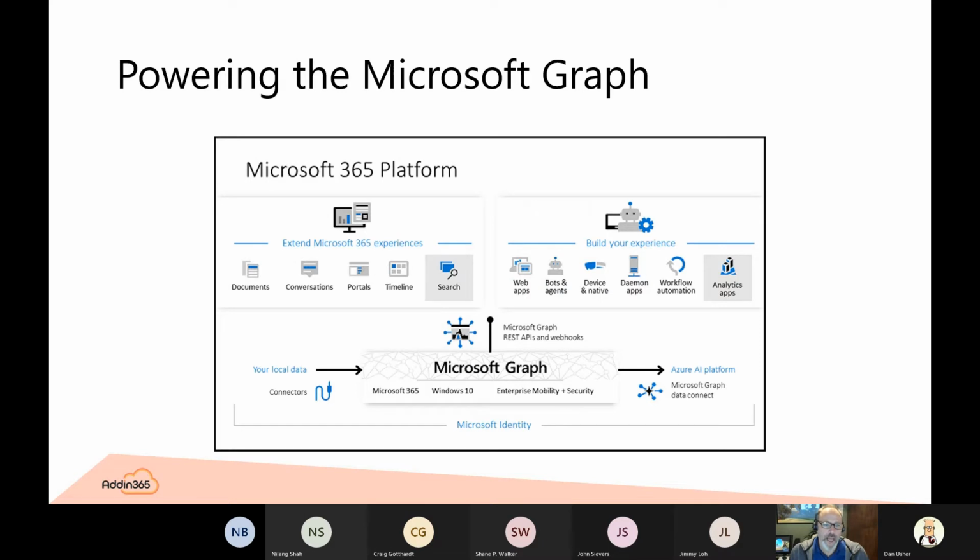This slide kind of sums up very well what we're trying to accomplish in what we call the Microsoft 365 platform. We'll step through this a little bit. At the very bottom, everything is built upon the Microsoft Identity platform, and we're going to talk more about that now. I know that you had Christos Matkis do a presentation on the Identity platform a couple of months back, and if you haven't seen that, I highly recommend that.